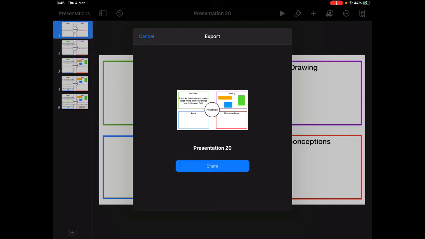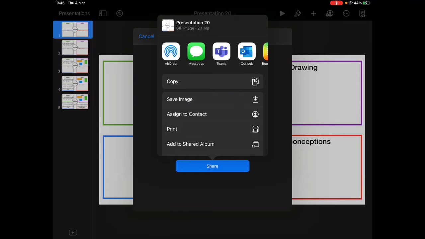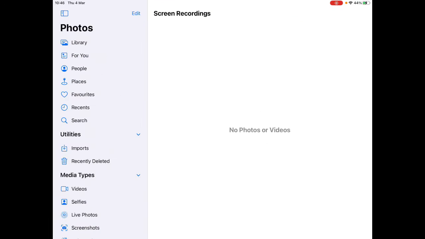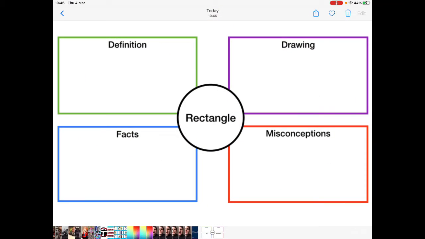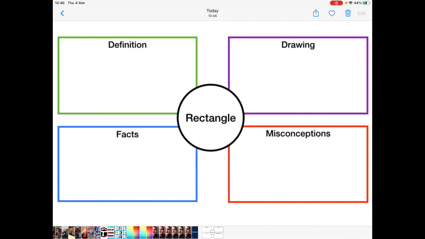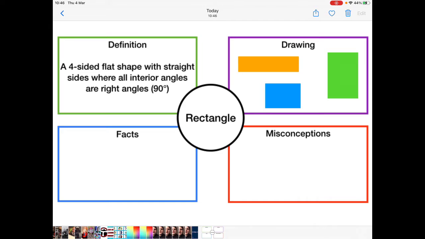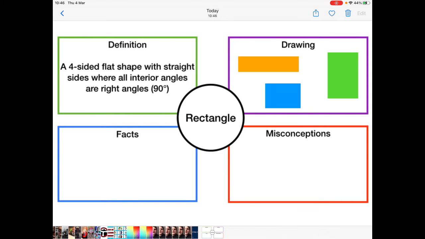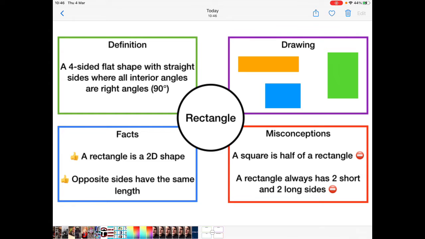I'm going to press on share, and then I'm going to go save image. So what will happen here is if I now come out to my Photos app and I go into library, I can see that I now have my GIF created, and every second it goes on to the next part of it. So you can see definition, then drawing, then facts, then misconceptions. Now I realise that it is really quick and it's really difficult to read it all in one go, but